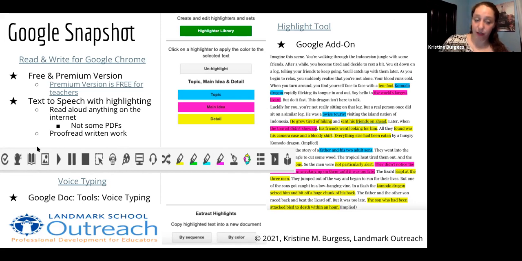And for teachers, a premium version is free. So you just have to type in where you work and your name and your email address, and you have access to all of these options in the toolbar. So there's a grammar checker, there's a word predictor, you can press play, pause, stop, you can highlight, you can have things translated, you can merge certain things, you can save certain things, you can define, you can create image dictionaries. But what I really love it for is having students use it to either read larger materials of reading